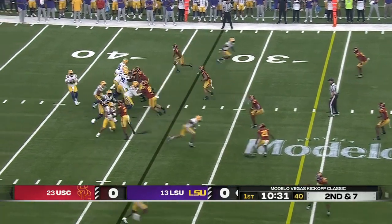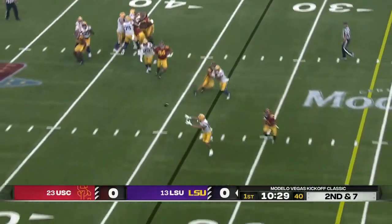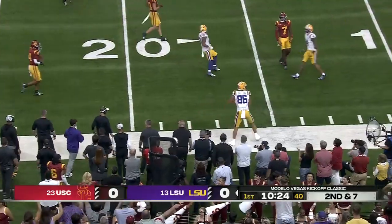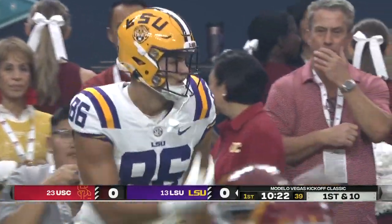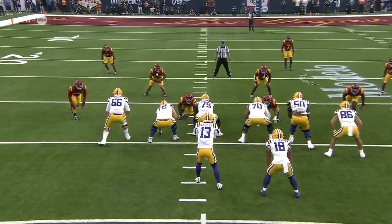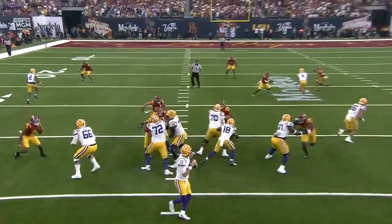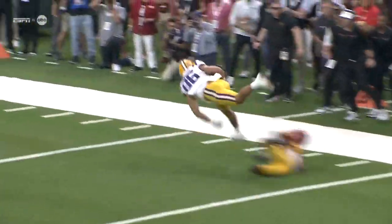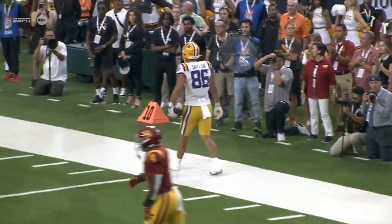Bear Alexander into the game for SC. They protect him, and they get it out to the tight end, Mason Taylor. Taylor all the way down to the 20-yard line, and he's got another first down for the Tigers. As he takes the All-American tackle, instead of blocking right there, he's going to slide to the outside. That corner is picked up nicely, gives him time, goes the opposite direction to big Mason Taylor, who's now in his 3rd year, makes a great...